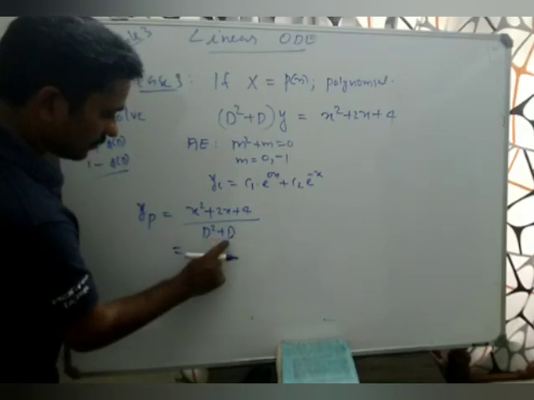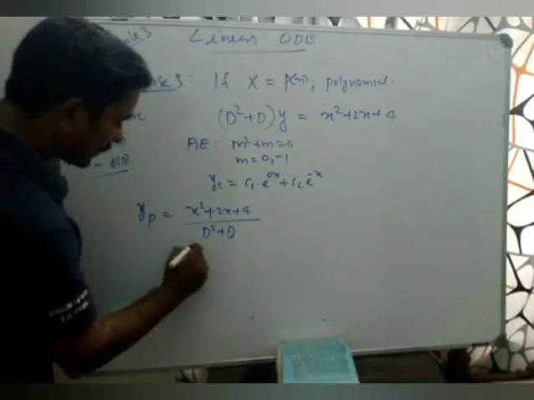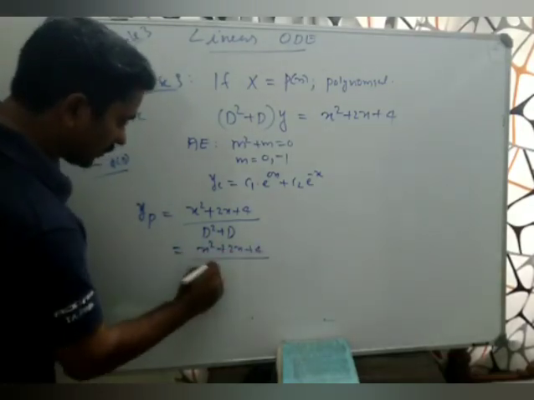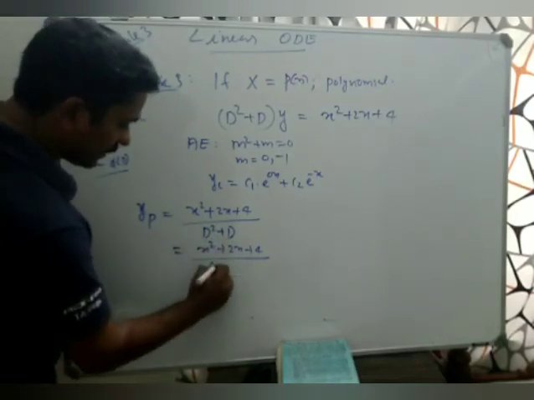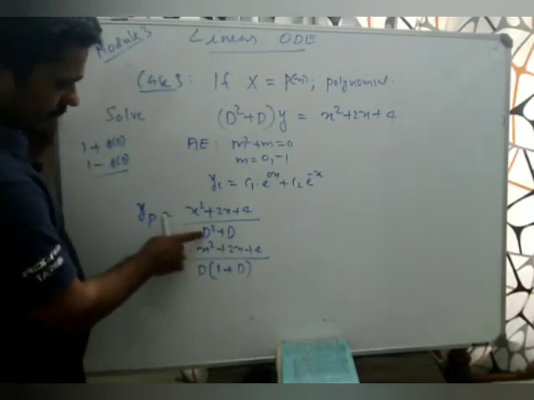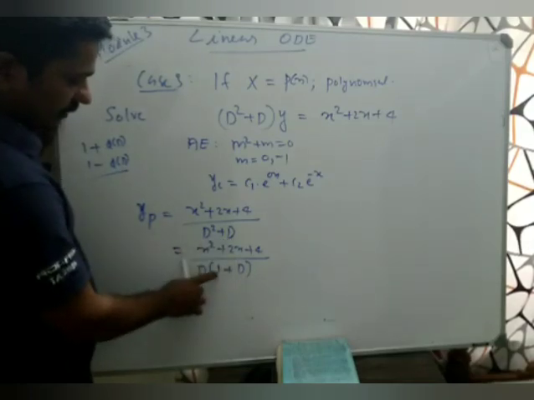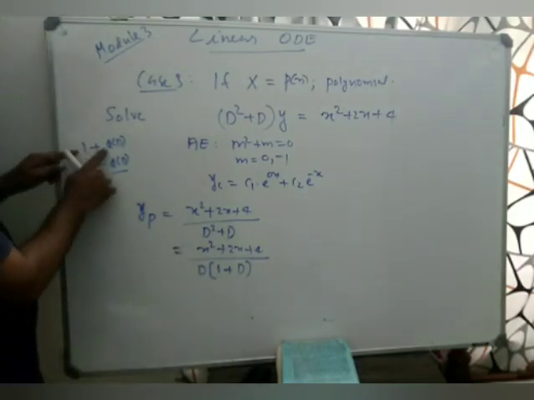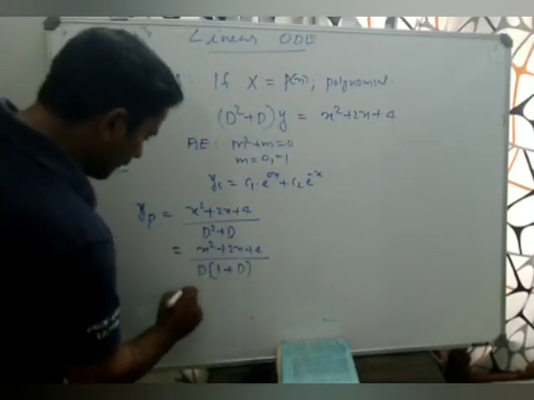if you take out this d, you'll get x squared plus 2x plus 4 over d times, take out this d, and you can write this as 1 plus d. Okay, when you take 1d from here, it remains d. When you take out d from here, you will get 1. So d times 1 plus d, and this is of that form, right? So 1 plus phi of d form, 1 plus d,